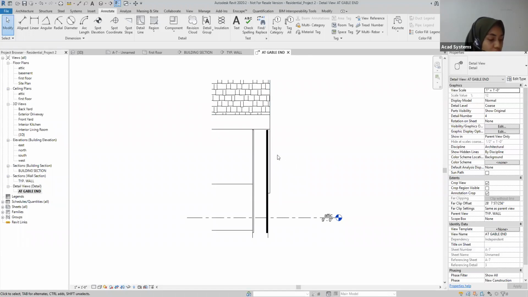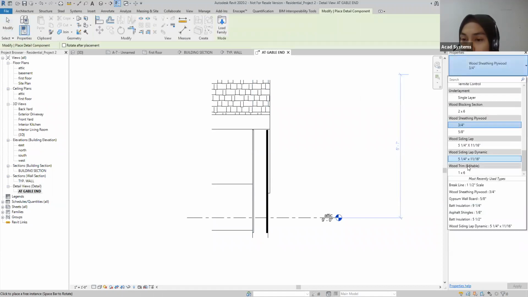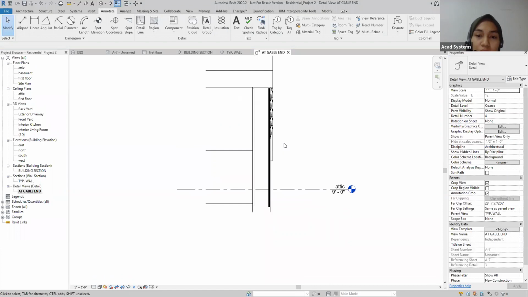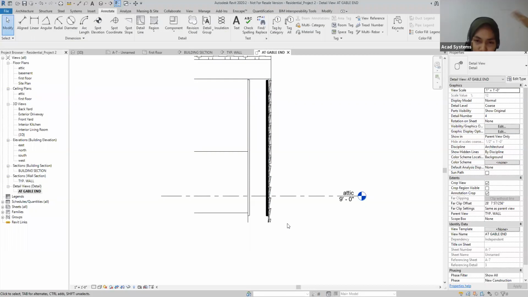So next, remember that this basic wall has a finishing of this wood siding, like dynamic. So I'm going to put it, and it's actually kind of a repetitive thing. You can just drag it down here. So how long you want to drag it down, actually,